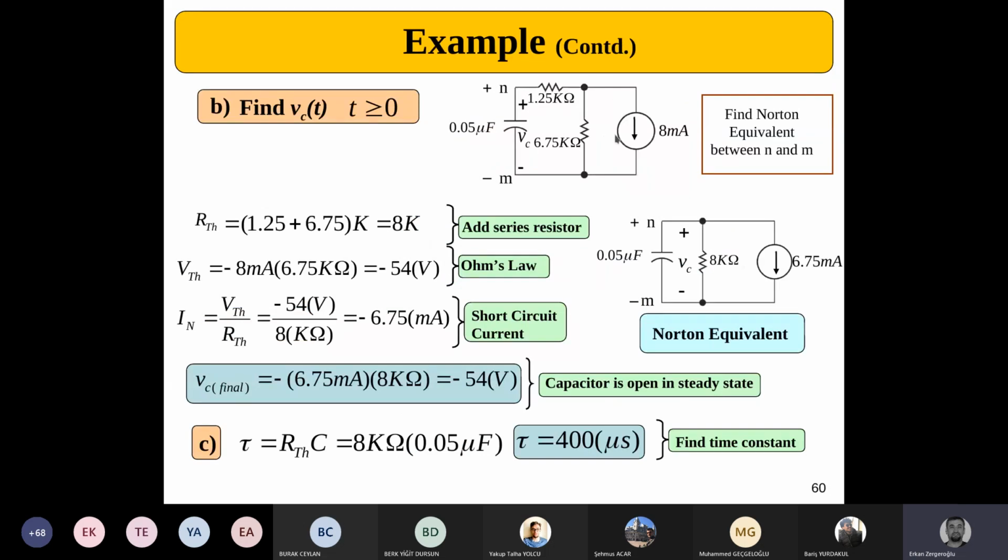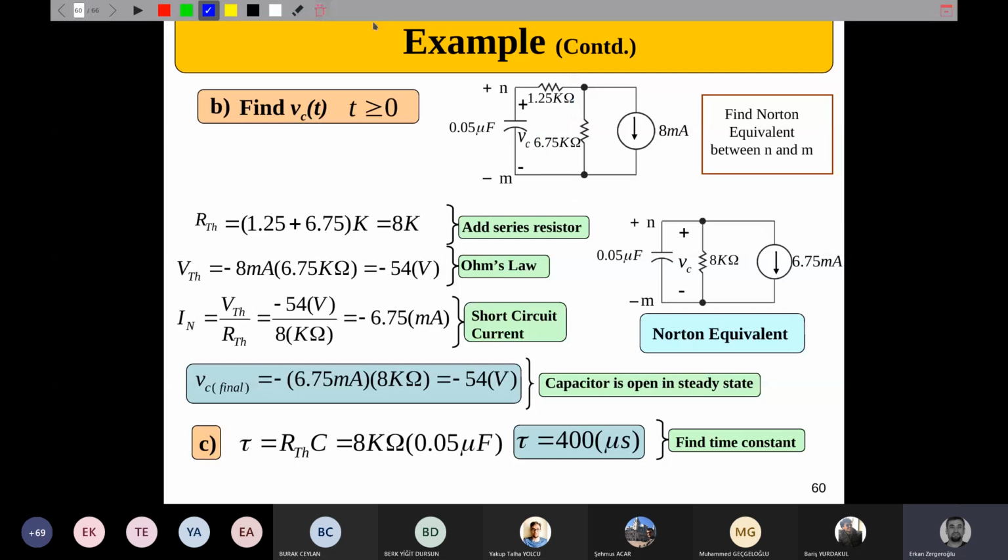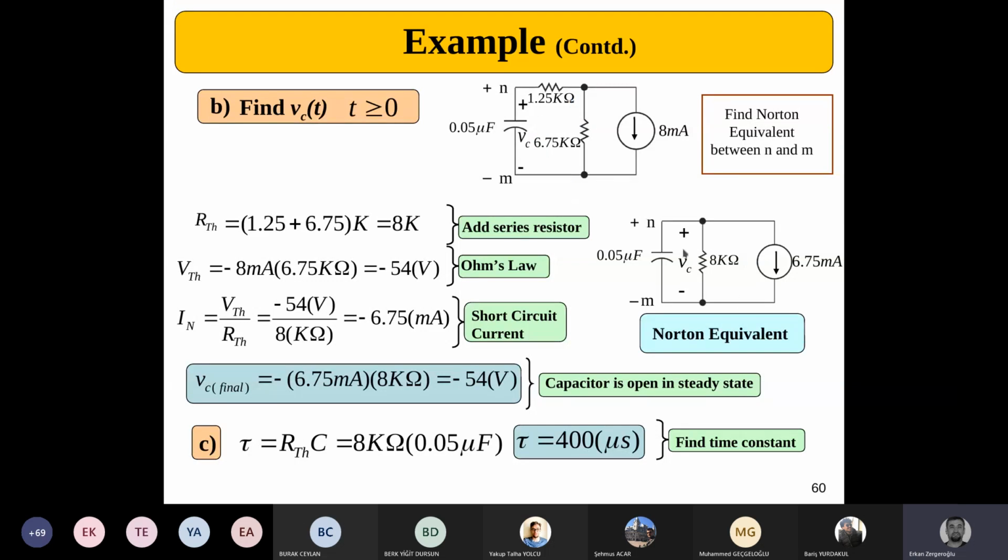Now, looking at it this way, I can combine these two resistors. Sorry about that, I couldn't draw it properly. This portion can be turned into a voltage source in series with a resistor. Then these two resistors can be added up to find an equivalent resistance. That's what we did in here. Then we can put it back into the